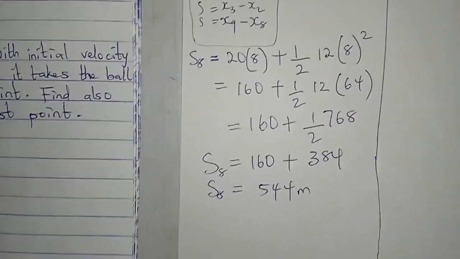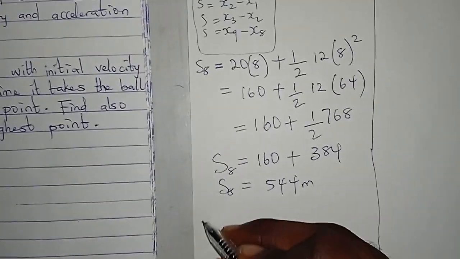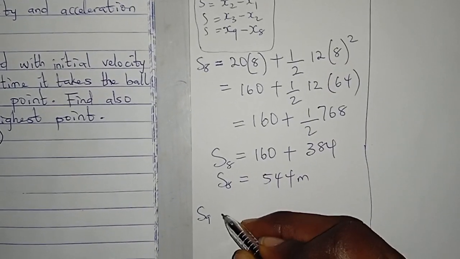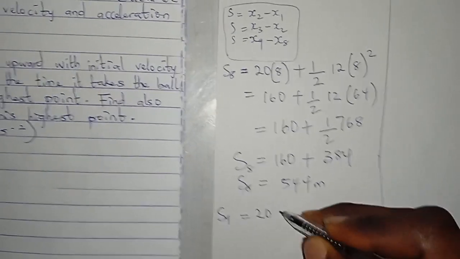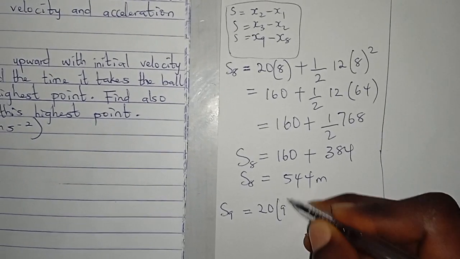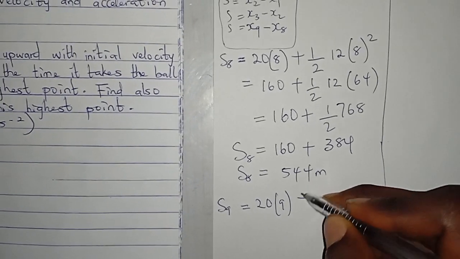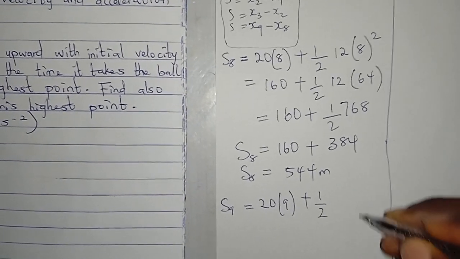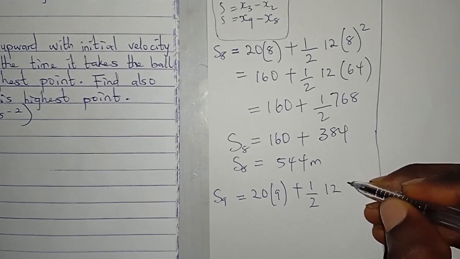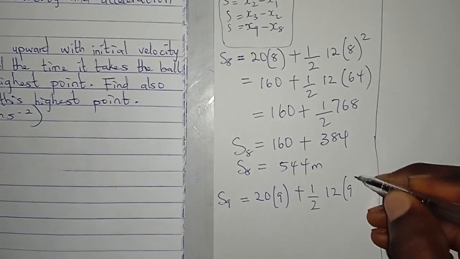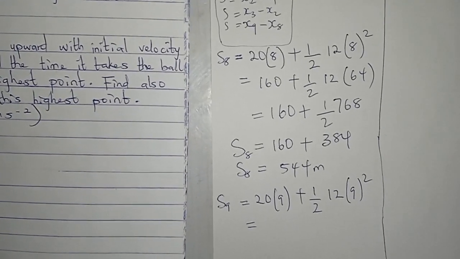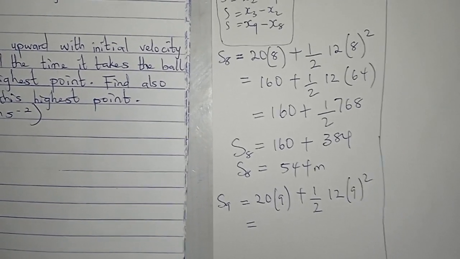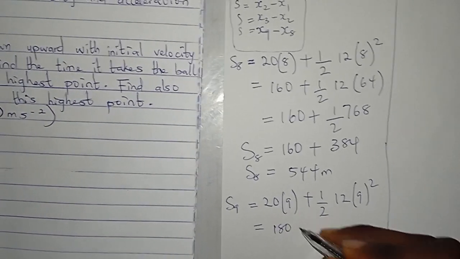That means we've gotten S8. Let's get S9. So displacement in the 9th second will be 20 into 9, then plus 1 over 2, 12 into 9 square. 20 times 9, 180, plus